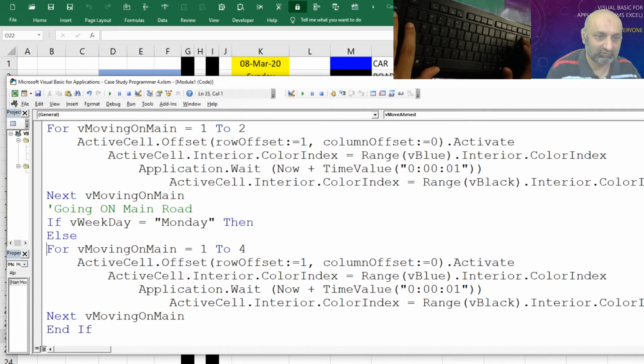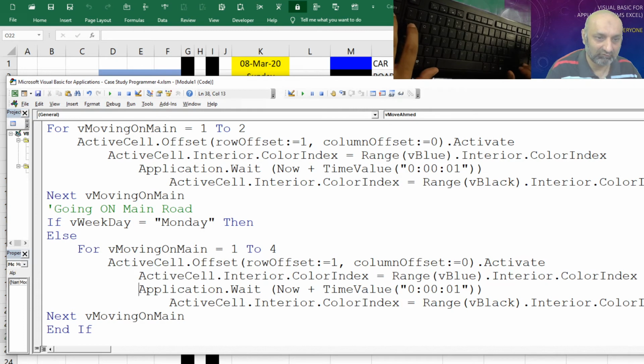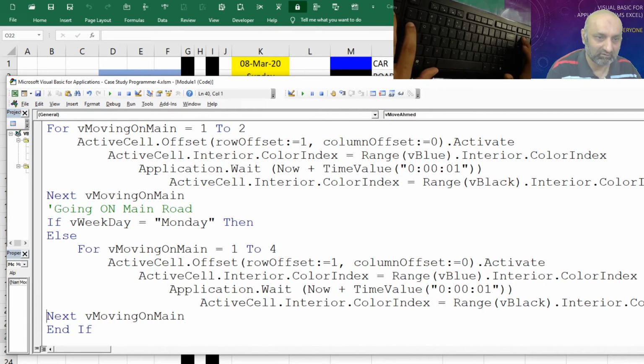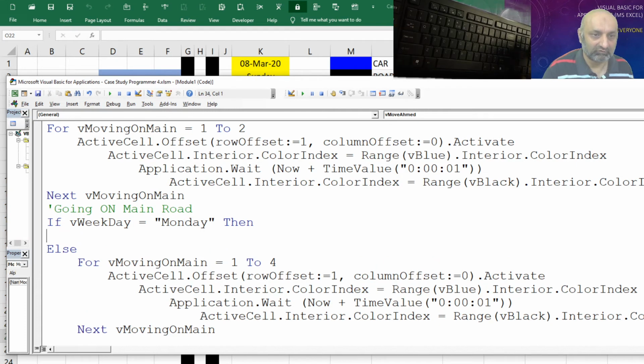So let's use our tabs for better understanding. If it is Monday, do this, we will code it, else do what we were doing normally, the 4-step loop, just bypass the fuel station.